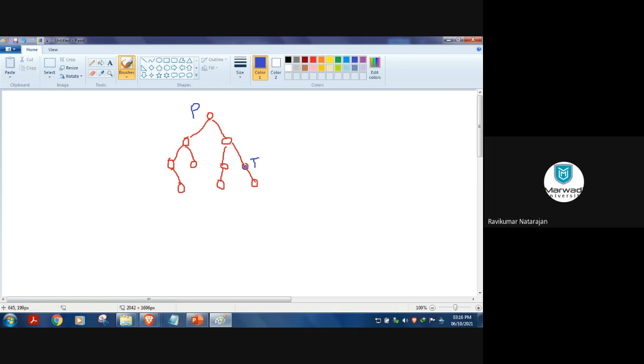From here directly. I said that this policeman doesn't know where the thief is. He got the information that the thief is hiding in this tree. So he should traverse the whole tree and then find him. Did you understand my question, first? For our understanding, the thief is right now here. I have kept it here, okay? But this fellow doesn't know where the thief is. So what are the possible ways?